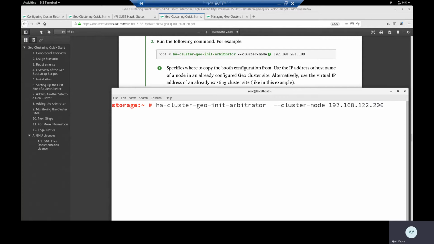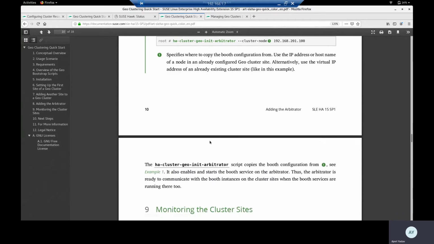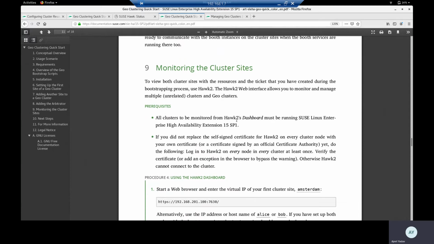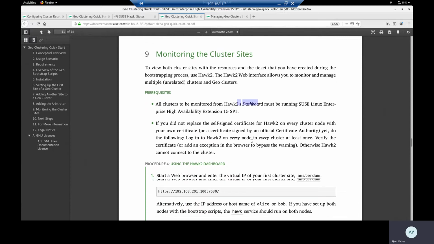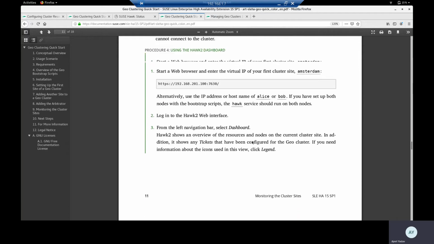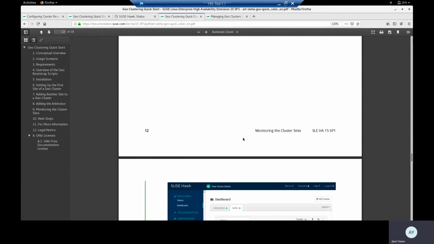So in my case 200, enter. Yes, it is done. So as of now your cluster part is done. You can monitor this through Hawk. I'm not going to start Hawk, but Hawk stands for High Availability Web console. Anyways, I'm not going to do the graphical one.